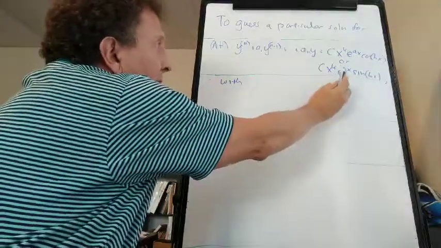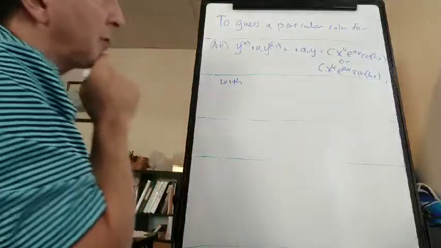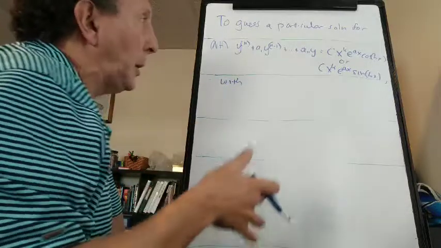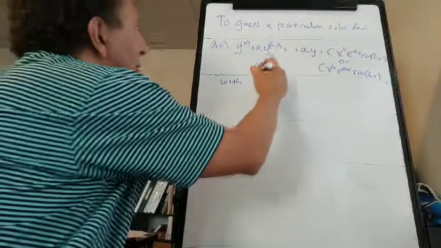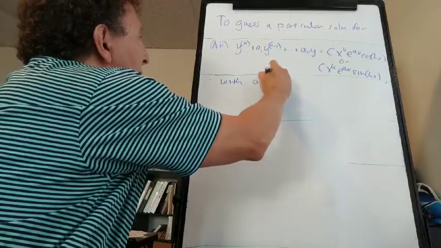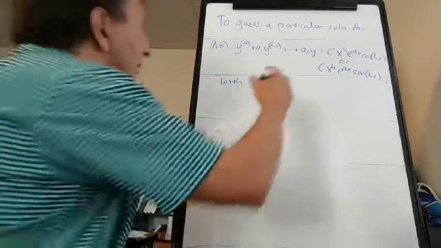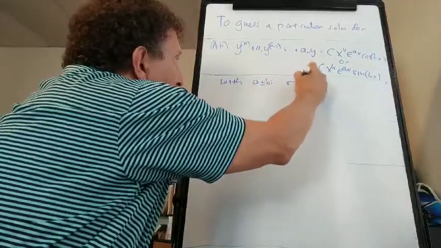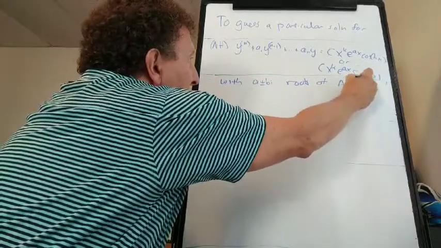Now in the exponent here we have an a, inside the trig function b, so that usually corresponds to a plus bi being a root of the auxiliary equation or not. So let's say with a plus bi, which will also appear with a minus bi, roots of the auxiliary equation